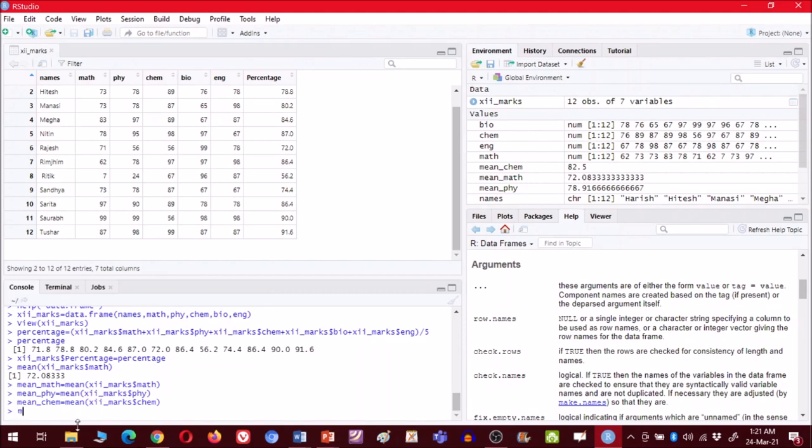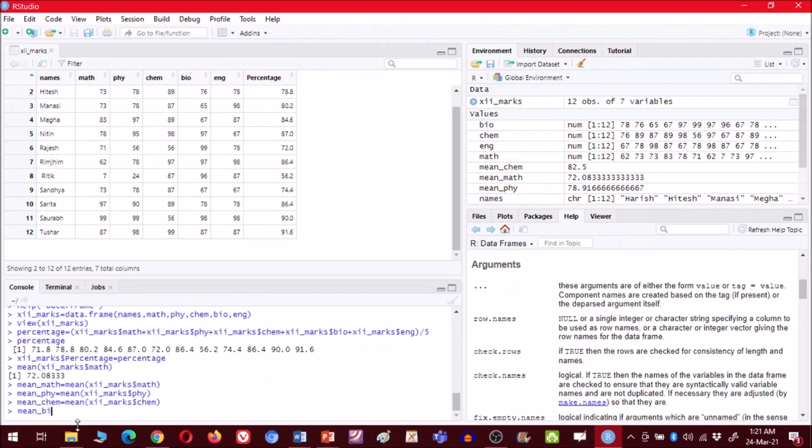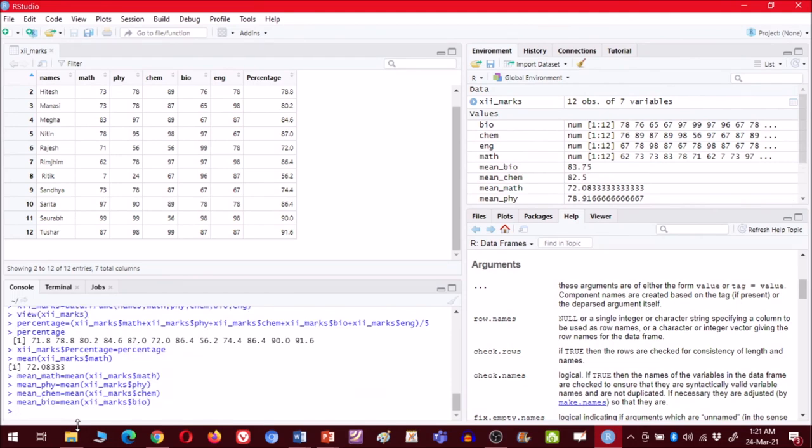Now mean underscore bio, which is equal to mean of 12 marks, name of the file, then bio, and click enter. So now mean_bio is also stored.